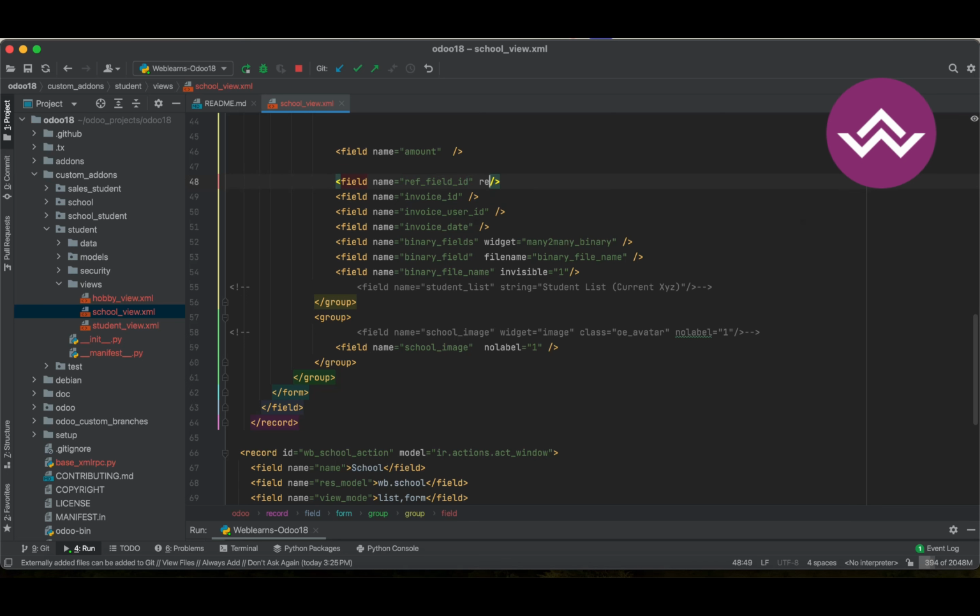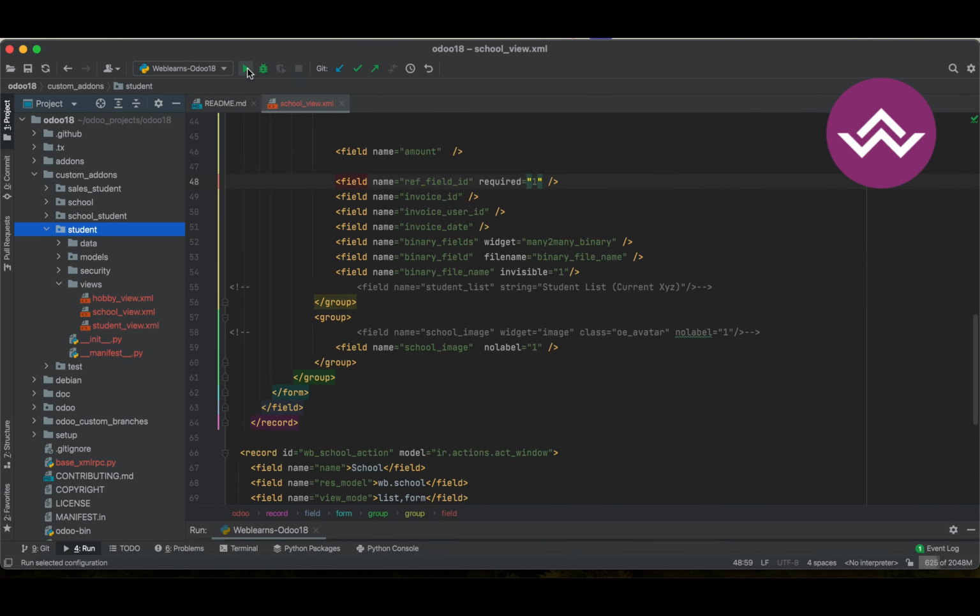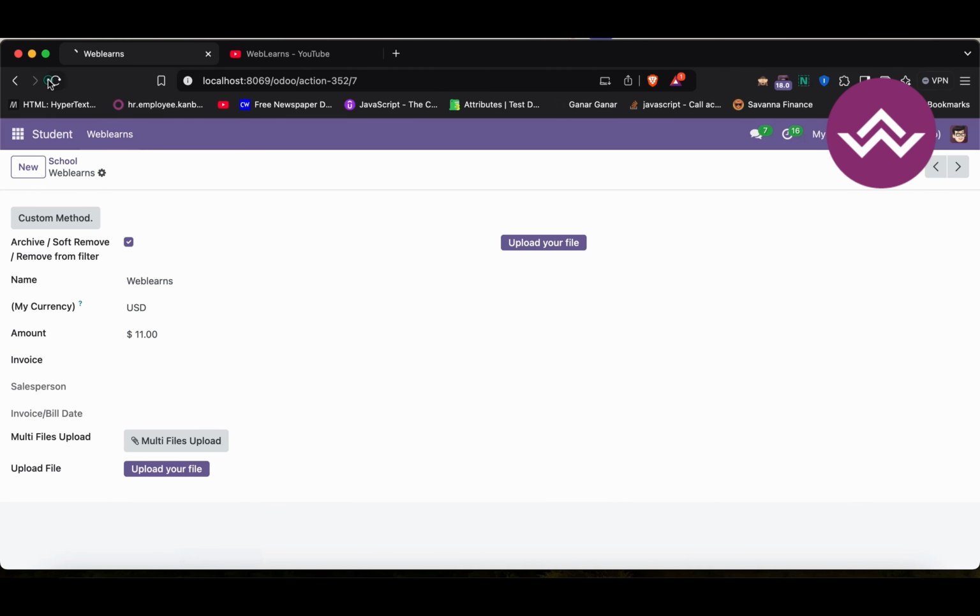The first thing is I'm using required equal to 1. So this is my first condition. 1 is true and 0 is false. So false means it's not required and 1 means it's required. So let's test it out. For that I'm trying to upgrade the module. If you don't know how to configure Odoo in PyCharm, please check the editor level playlist. I already explained everything. So here let me refresh the screen,